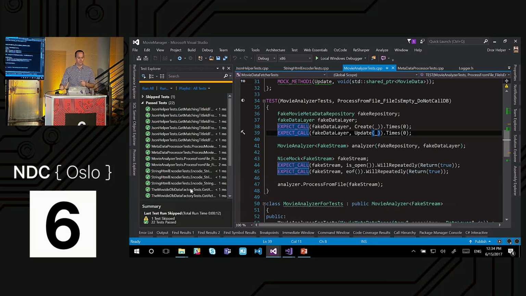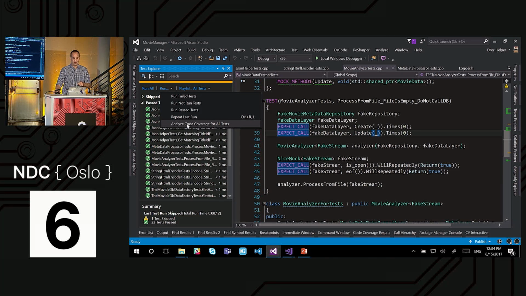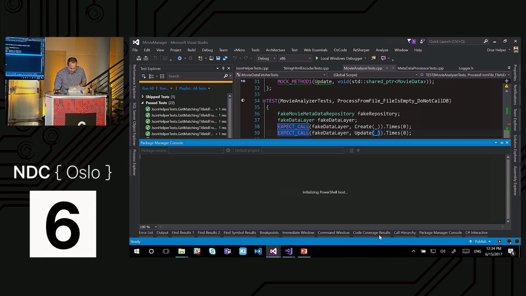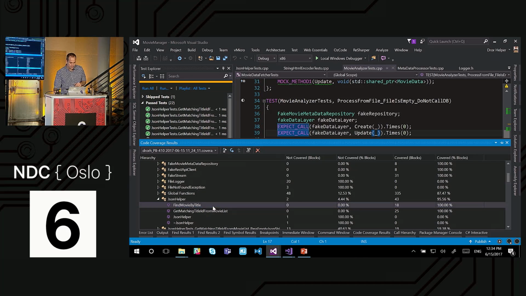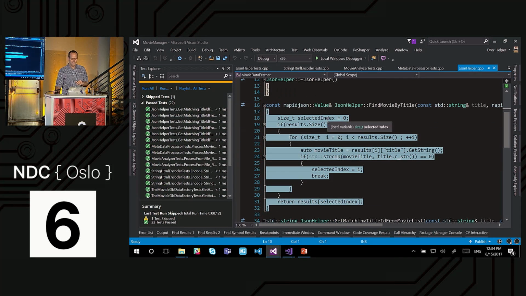It's not that difficult. And not only can you run the test from within Visual Studio, you can also run with coverage analysis from within Visual Studio. That means that if you're developing only on Visual Studio, you have a coverage tool as long as you have the right version. It's only supported in the high-end version, Ultimate or Enterprise. But once you do run the coverage, which I did beforehand, you can go to your class, open it up, and find out whether or not you passed all the pieces of your code.